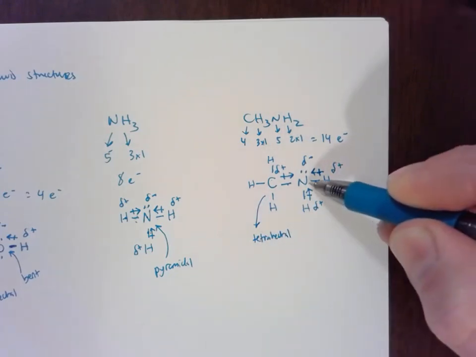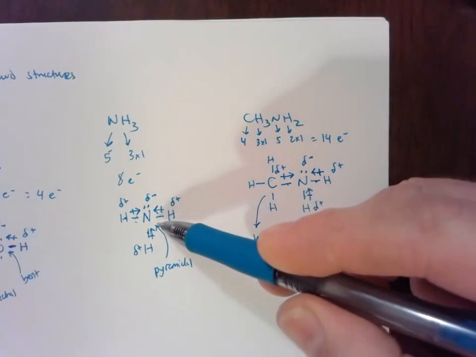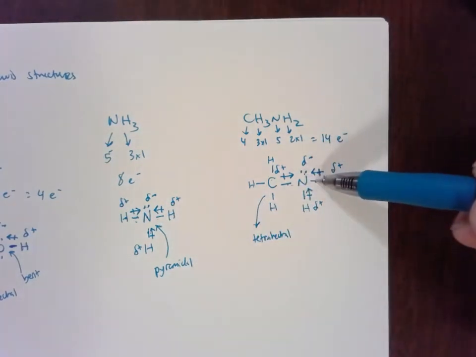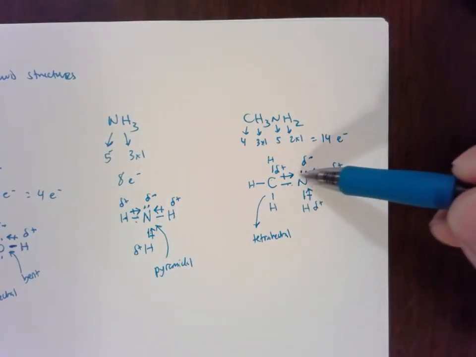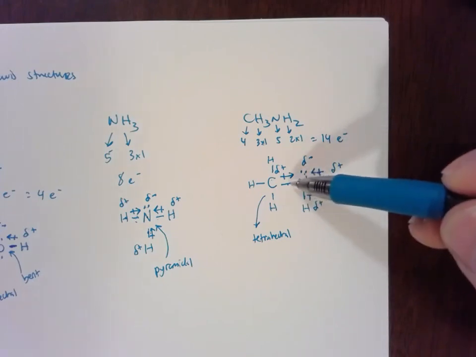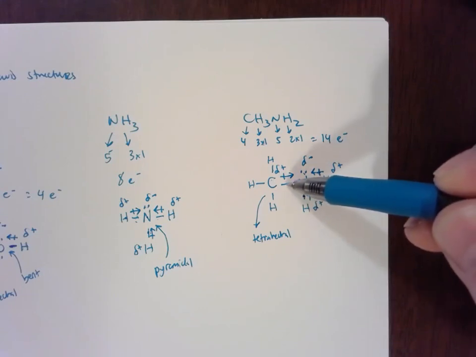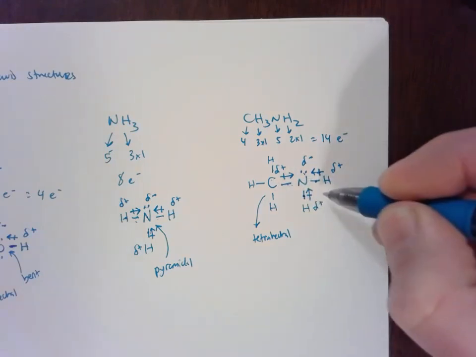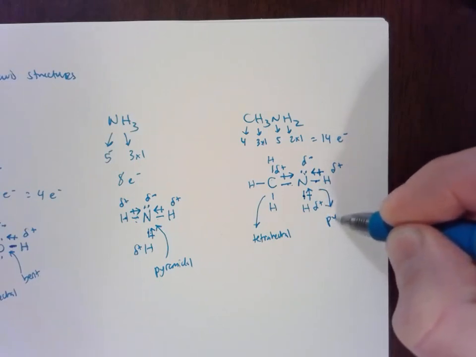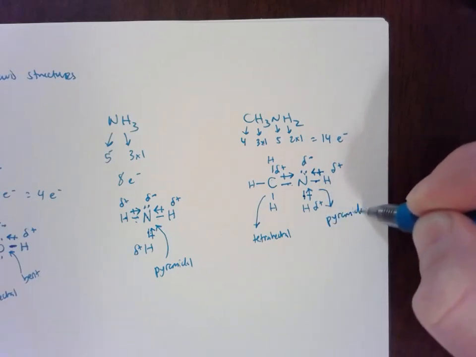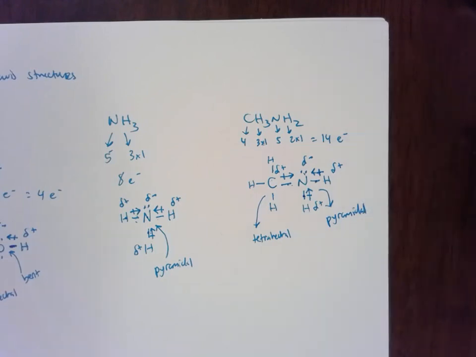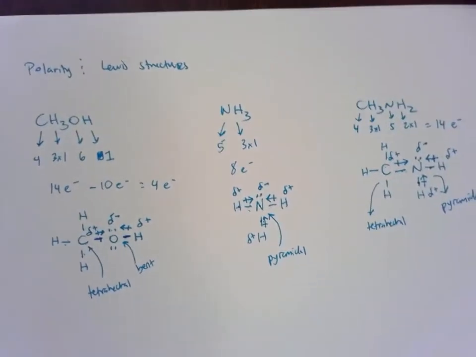The shape of nitrogen, just like with this one, 4 areas of electron density. I know this is kind of a busy diagram, there's lots going on, but we have 1, 2, 3, 4 areas of electron density and 3 bonds, 1 with the carbon, 2 with hydrogens, so that makes it pyramidal. Okay, so that's it for the polarity and